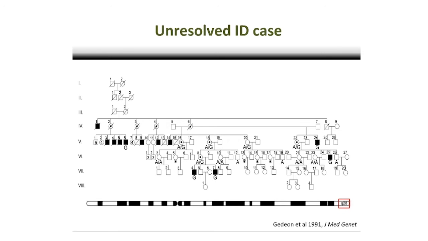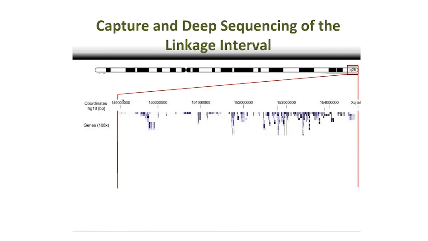It was in fact first described in 1991, and because the pedigree is so large, and you have members of the family that are very separated by many generations, you're able to do linkage analysis and really focus in on part of the chromosome that's likely responsible, because this part of the chromosome is shared between all affected individuals. So now, instead of looking at the whole X chromosome, we're really focused in on this XQ28 region. So we thought what we would do is really focus in on this region. Here it is blown up.